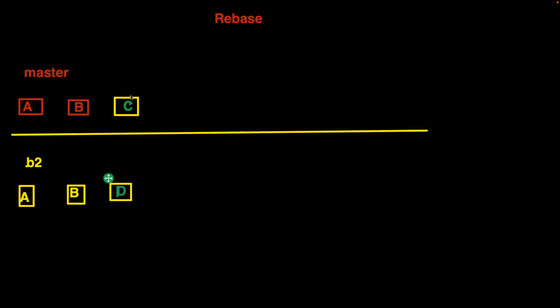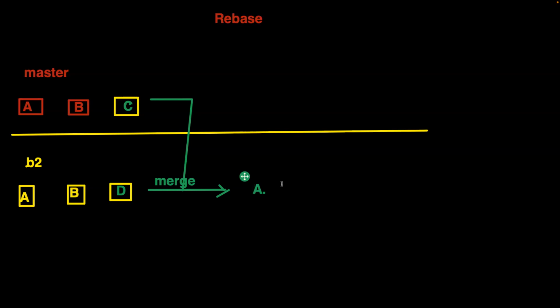Now at some later point of time, I realize that I need the changes from master in B2. How to get the changes from one branch to another, and what is that called? Merging, right? Integrating changes from one branch to another. So when you merge, yes,